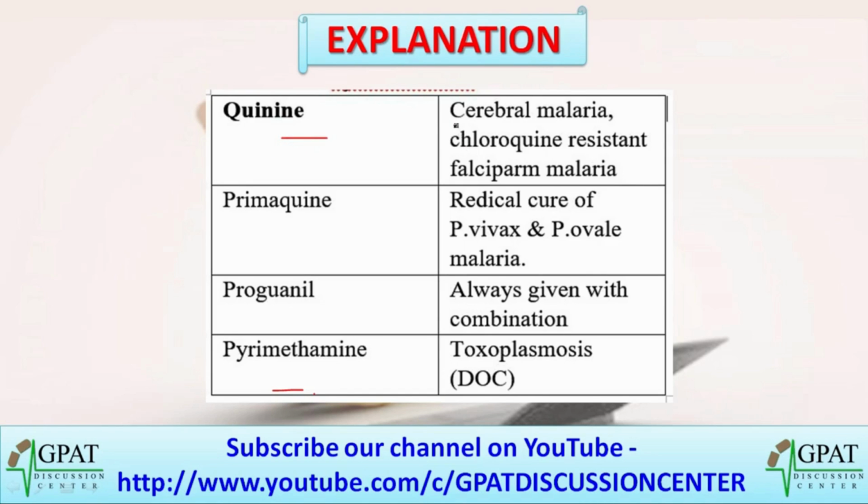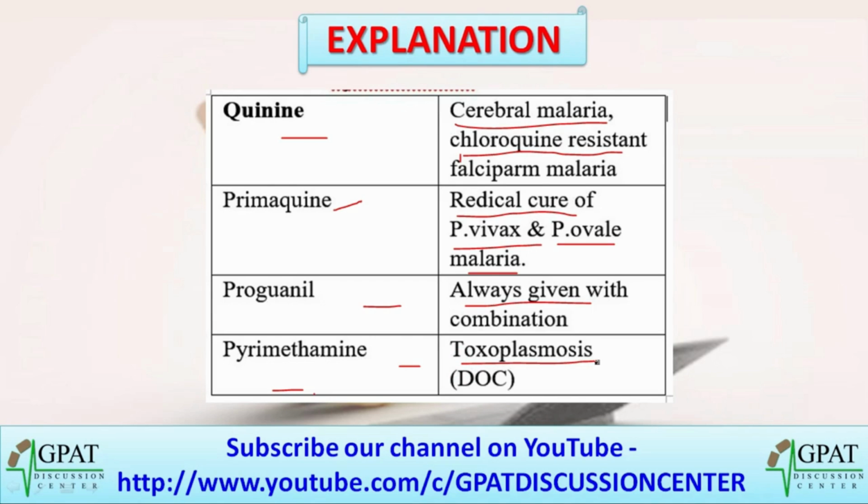Quinine is used for cerebral malaria and chloroquine resistant falciparum malaria, whereas primaquine is used for radical cure of Plasmodium vivax or Plasmodium ovale malaria, and proguanil is always given in combination, whereas pyrimethamine is used as a drug of choice for